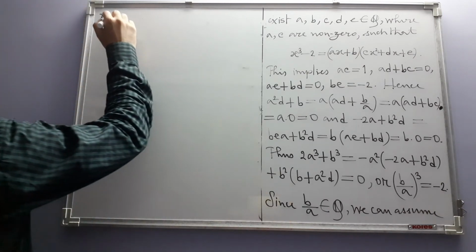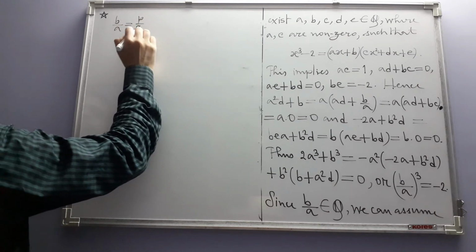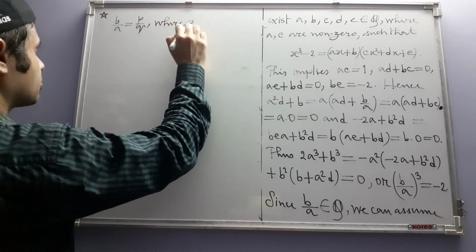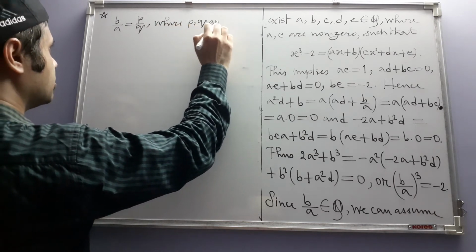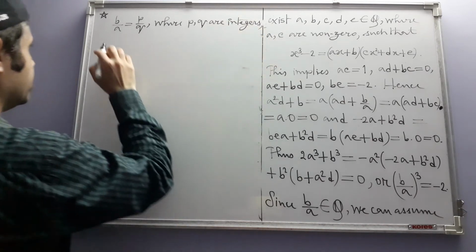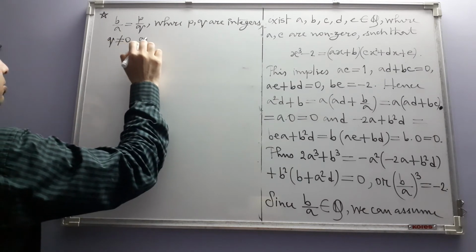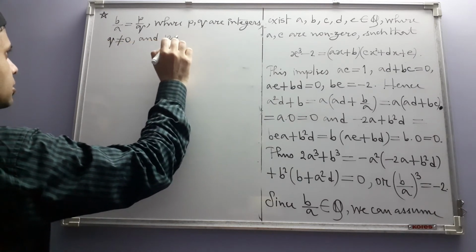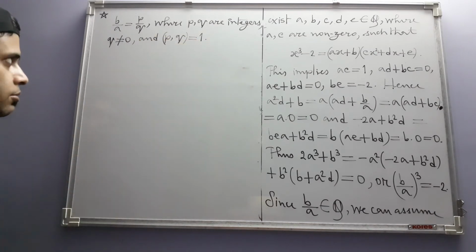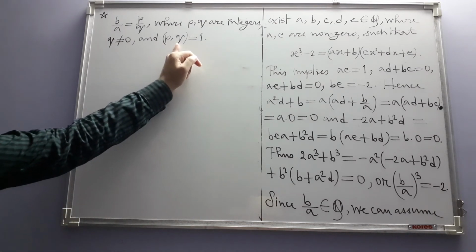So we can assume b divided by a equal to p divided by q, where p and q are integers, q is not equal to 0, and this condition is important, p comma q is equal to 1,